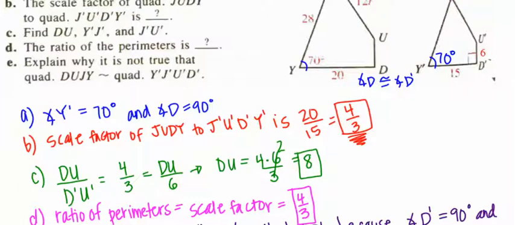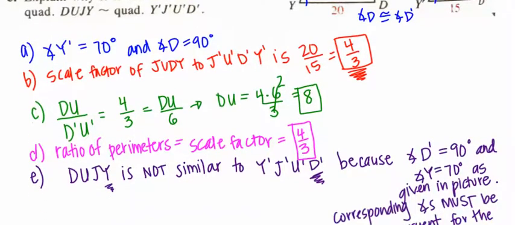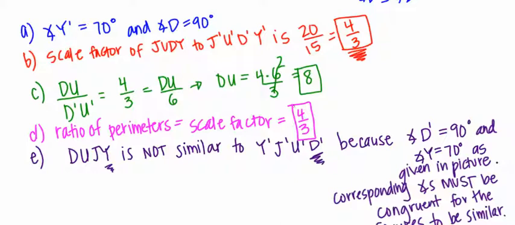If I want to find DU, DU corresponds to D prime, U prime. It's going to equal the scale factor of 4/3. So I take 4/3, set it equal to DU over 6 because D prime U prime has a length of 6. You cross multiply and divide, so 4 times 6 divided by 3 gives me a value of 8. The ratio of the perimeters is quite simply the same as the scale factor, which is 4/3, and